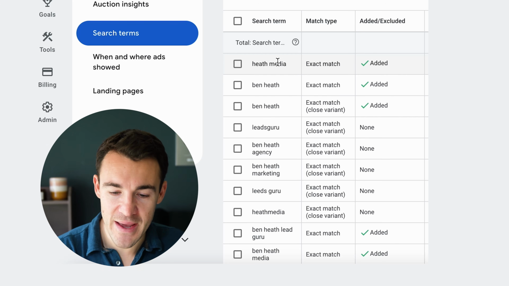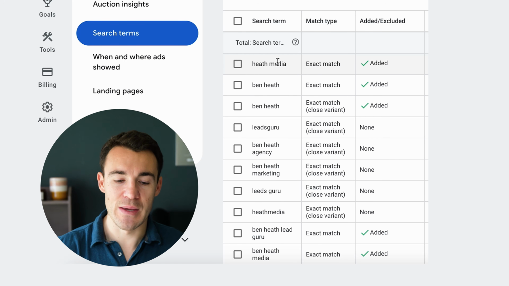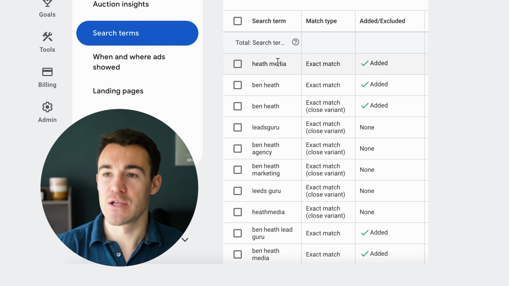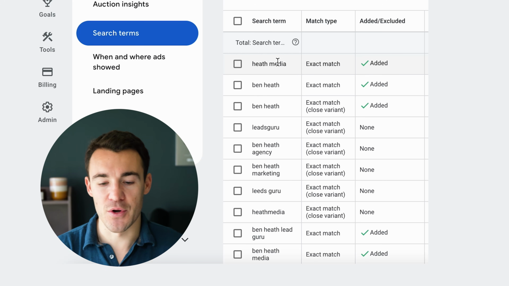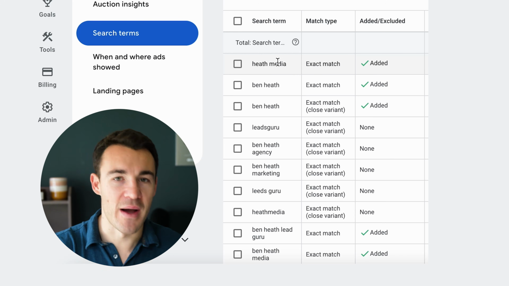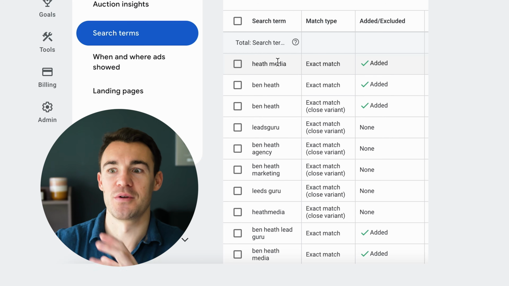So this specific campaign, as an example, was targeting people searching who already know me. So it's kind of like a branded search campaign. There are lots of people that know my name, Ben Heath, but they might not know the name of my company, and they might be looking for my agency and things like that. So we've got all sorts of search terms in here, basically designed to make sure that when people are searching